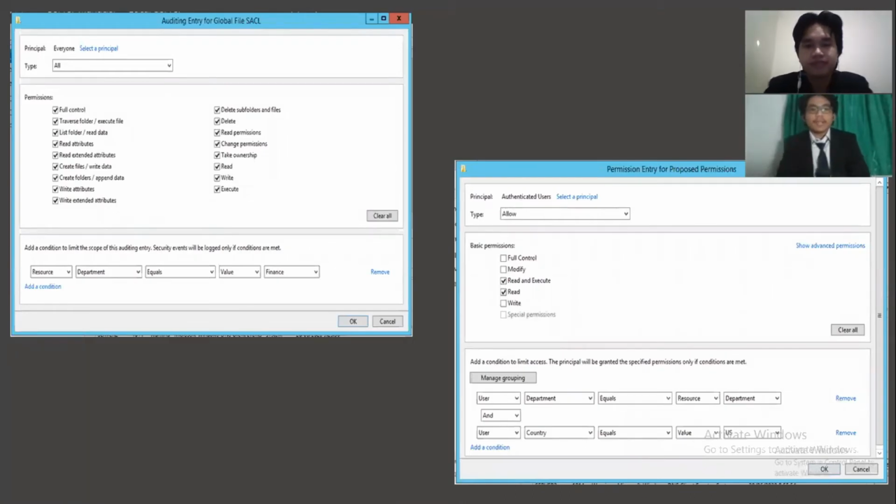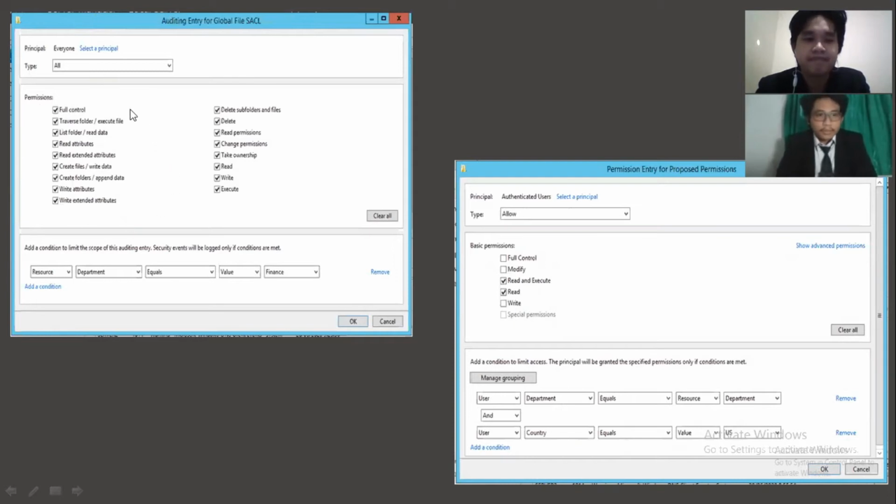Right here there are two pictures. The first picture is about the auditing entry for global file SACL. In our project, we choose for the principal everyone. The type is all, and for permission, we choose all of it.